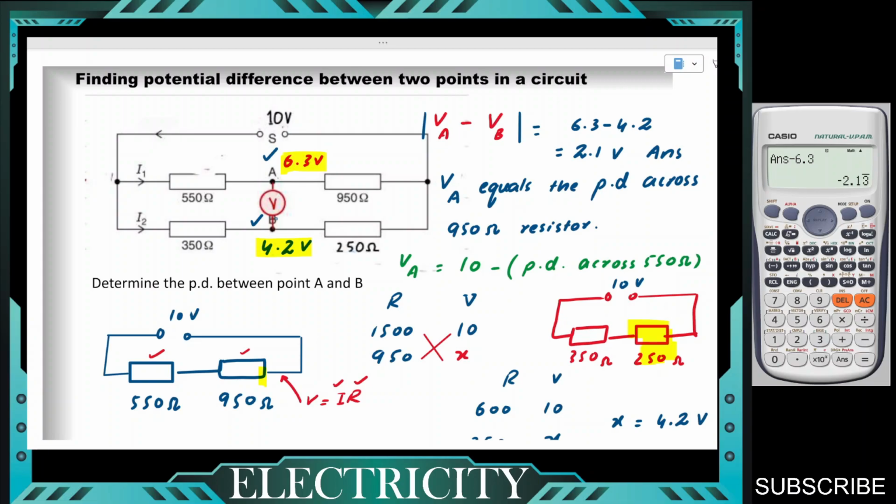In that case, if the potential at A equals the potential at B, then the potential difference between A and B would be 0. Because mathematically, if you subtract the same values, you'll get 0. And thereby, if there is a galvanometer here, or for example there